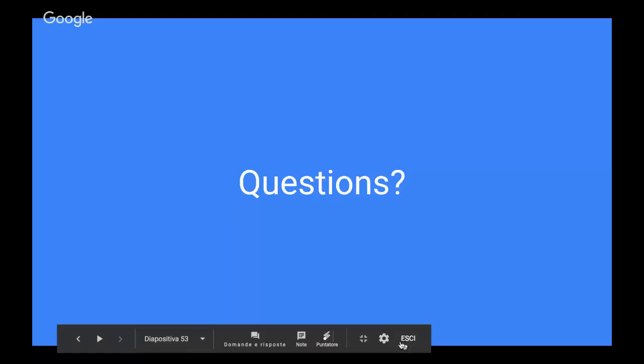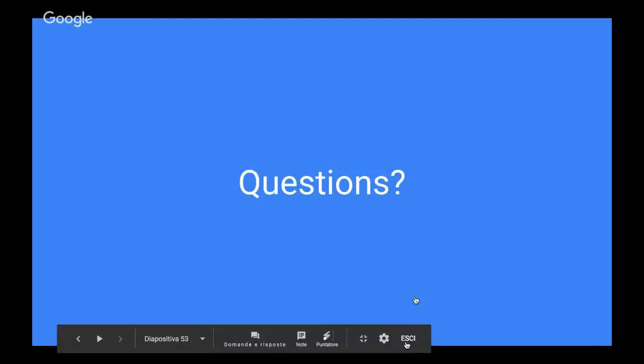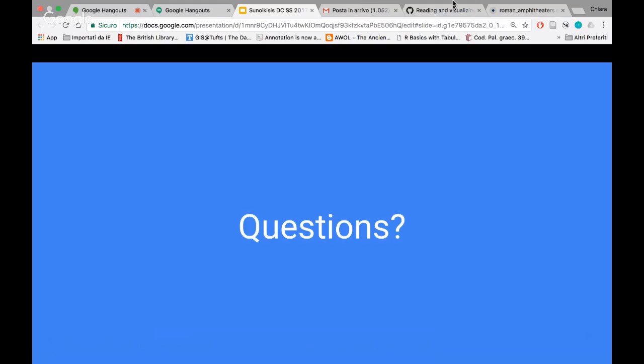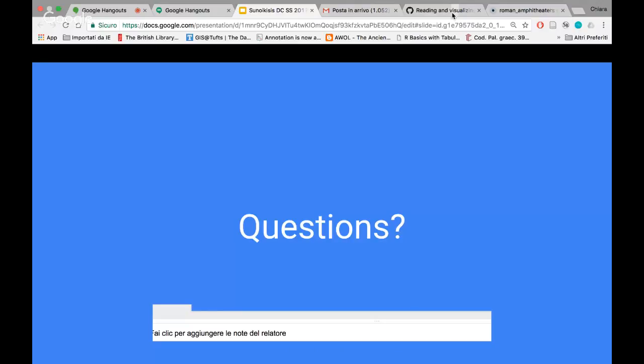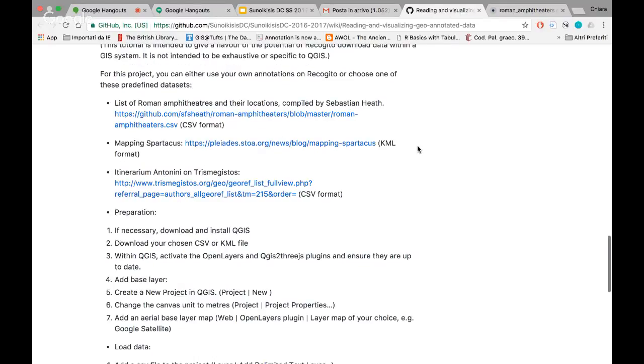All right, I think that we are good to go now. I would like to hear questions, but first of all, I would like to show you the exercise that we planned for this section, which you can find in the syllabus here. It looks very scary, but it's actually the reproduction of what I showed you through QGIS.